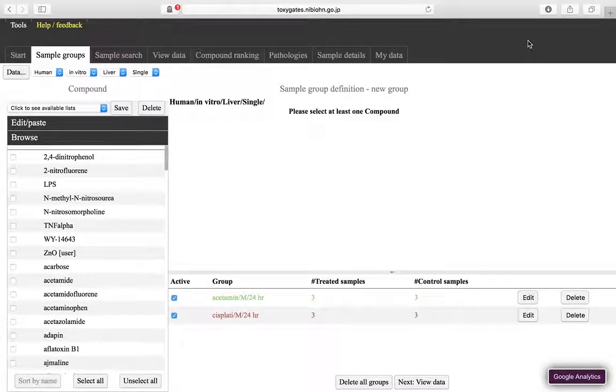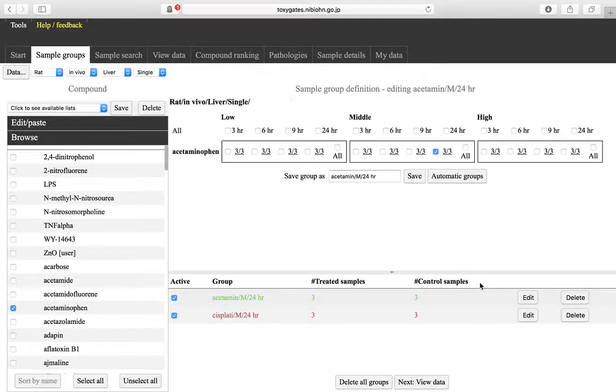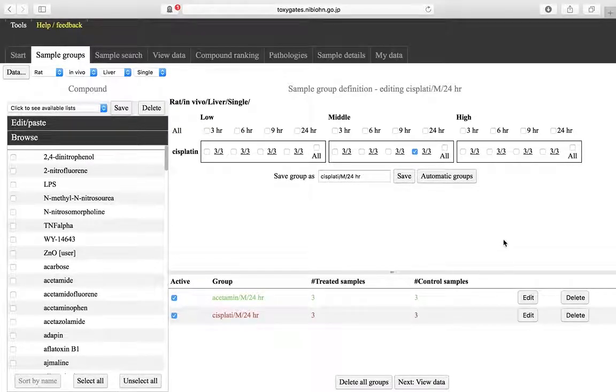In this video, I'd like to show how to navigate the main data display in Toxygates. The first step is to define sample groups here on the sample groups definition screen, which I have discussed before in a previous video. Currently I have two groups defined. One of them is with acetaminophen, middle dose 24 hours, and the other is with cisplatin, middle dose also 24